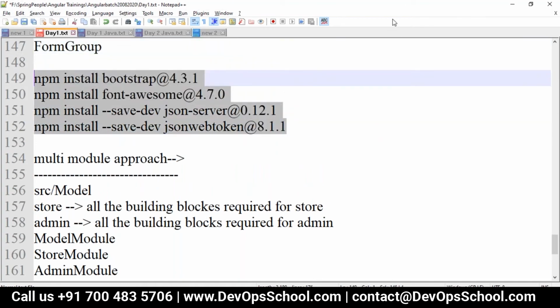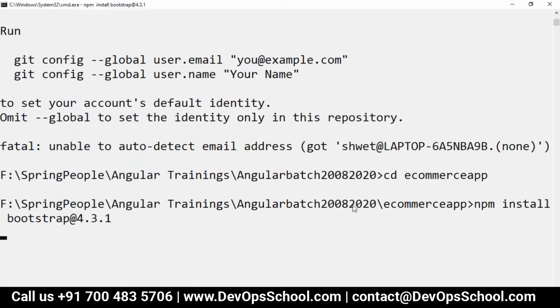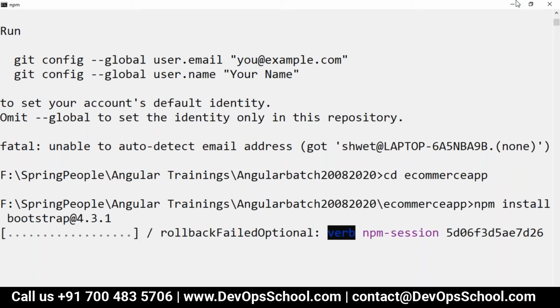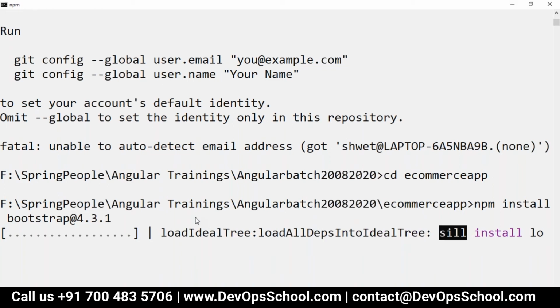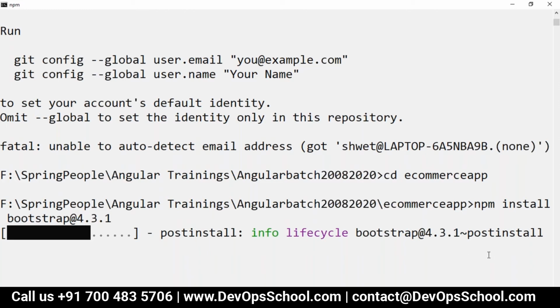I will share the commands in the chat, and you can also install them in your project.